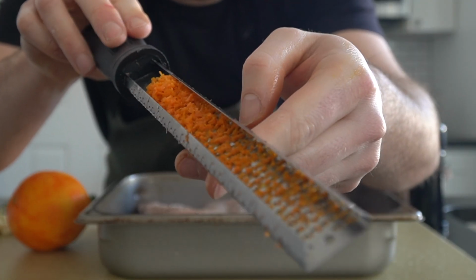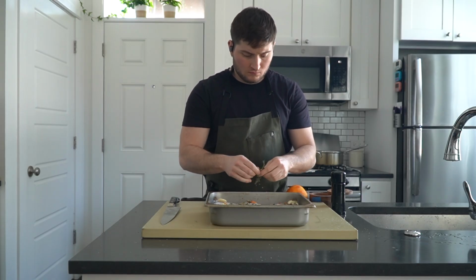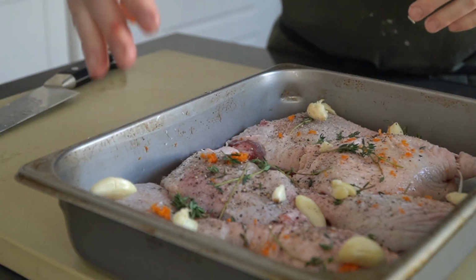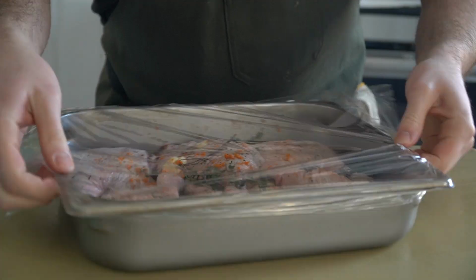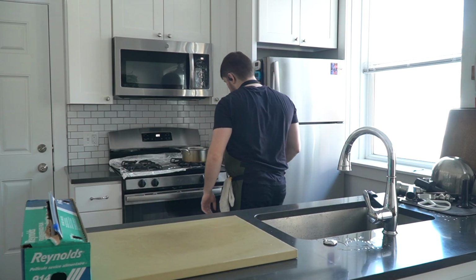Confit, meaning to cook something in fat, is actually an old preservation technique that was commonly practiced by French peasants back in the day. Traditionally, duck legs were packed in salt and curing salt to prevent spoilage, but these days, because of modern refrigeration, we don't have to worry about that. Pack up the salted duck legs and set those in your fridge. If you'd like, you can do this step 3 days in advance or so before you want to finish the